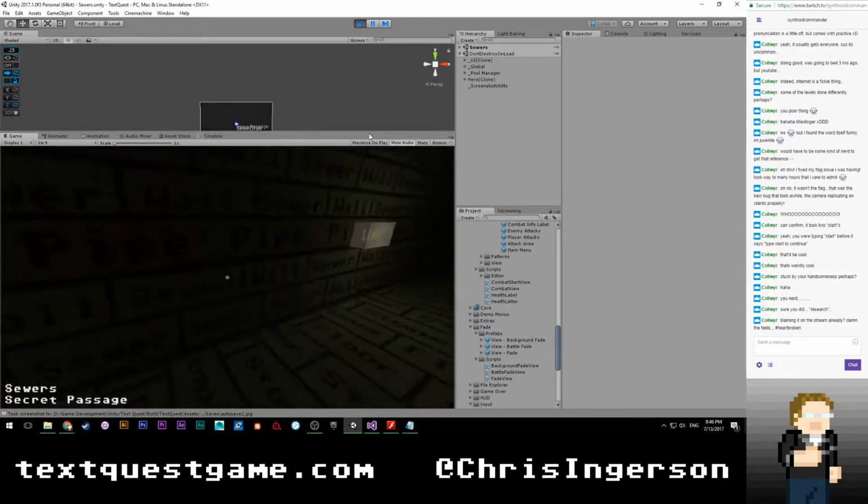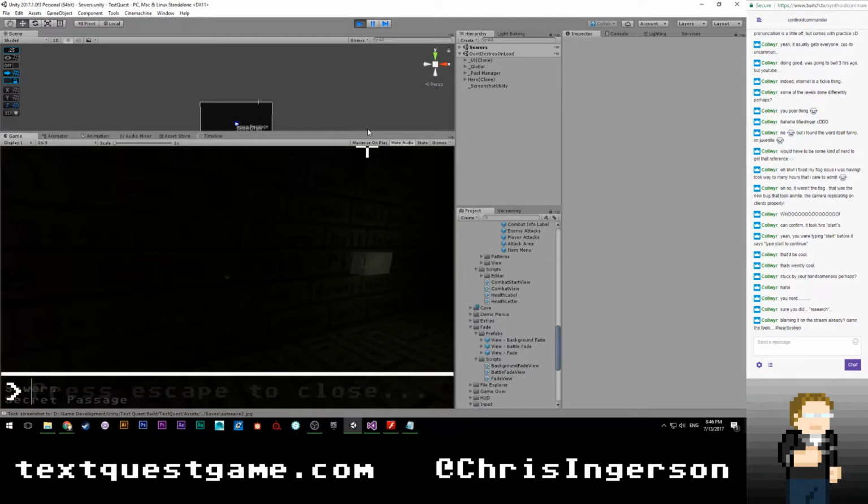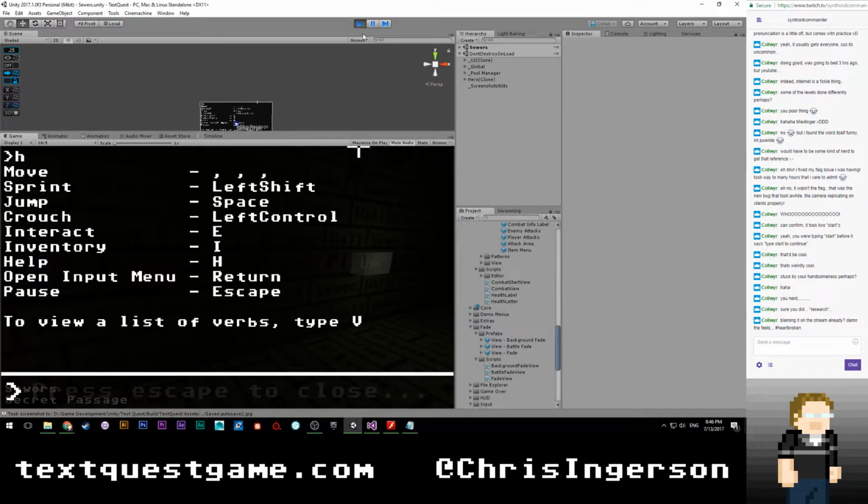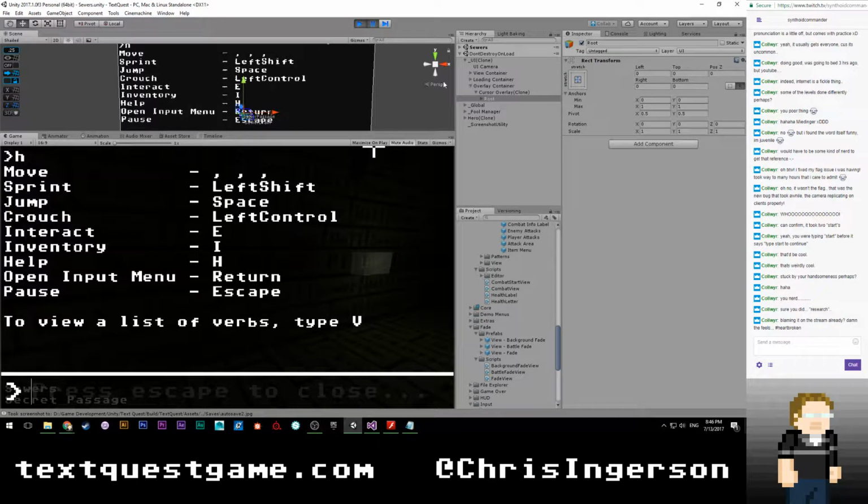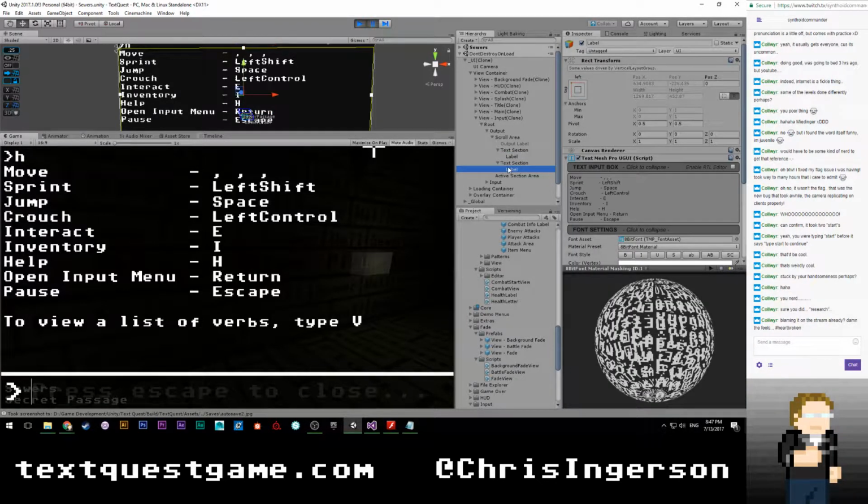All right, I'm going to go ahead and hit H again, and I'm going to just double check my string here to make sure that it's not doing something weird with maybe rich text. I cannot imagine that being the case, but you never know. Obviously, every time I assume something will work, it breaks horribly. So, let's see. Output, scroll area, text section. This is just going to be the H, I think. Yeah. Interesting. It's just empty.